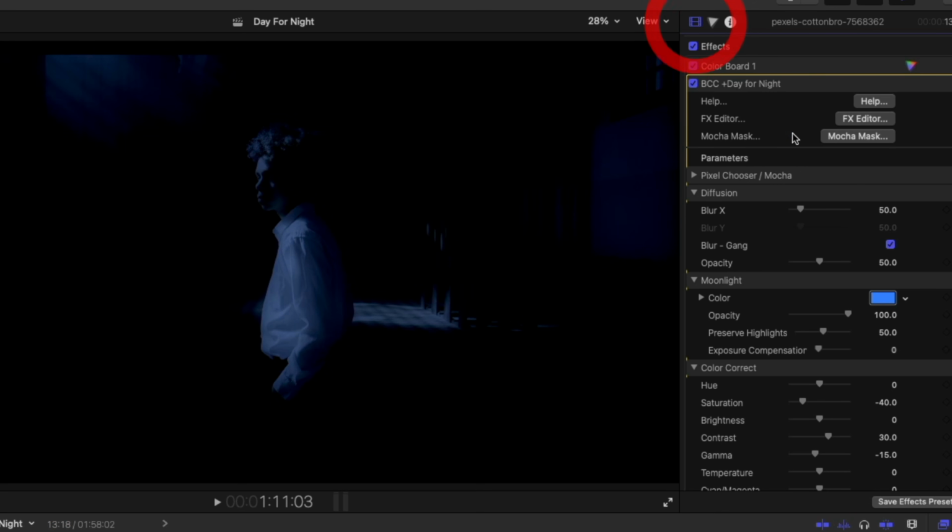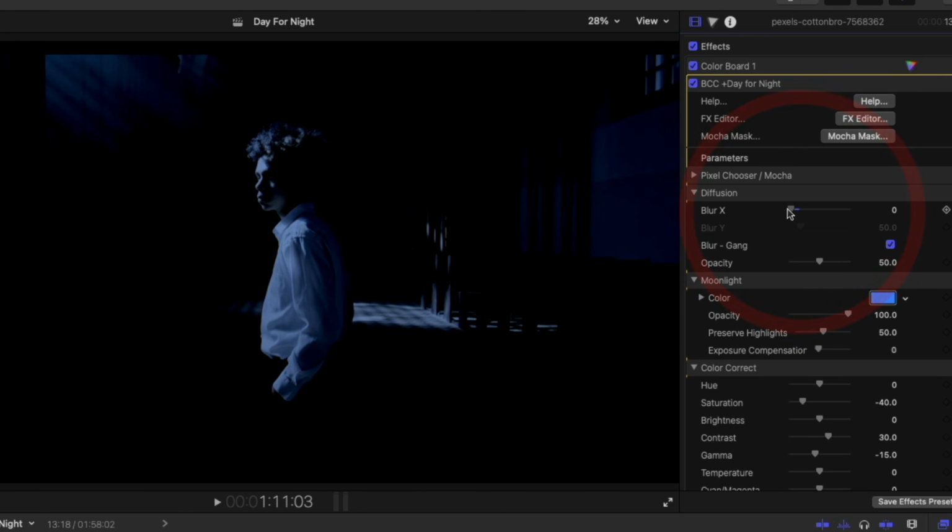So I'm gonna go to the effects panel and the effects editor here. So what BCC does is that it applies a color filter, such as this blue cyan right here, and it adds these blurs. Now the blurs are a really cool effect and give off that dreamy look, but for this specific clip, I don't really want that. So I'm going to reduce the blur,